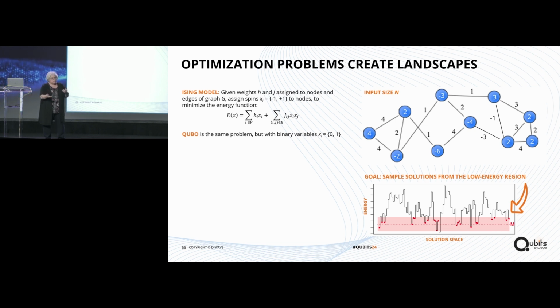In this case, I'll go with spins, +1, -1, to the nodes. And those make the individual terms in your objective function either positive or negative, and you're trying to minimize the total sum of all those terms. So it creates a problem landscape, we call it, where you imagine every possible solution is on the x-axis there, and the height of this landscape corresponds to the objective function value if you use that solution. So it's just a conceptual device for visualizing all the solutions and the quality of the solution you might get.